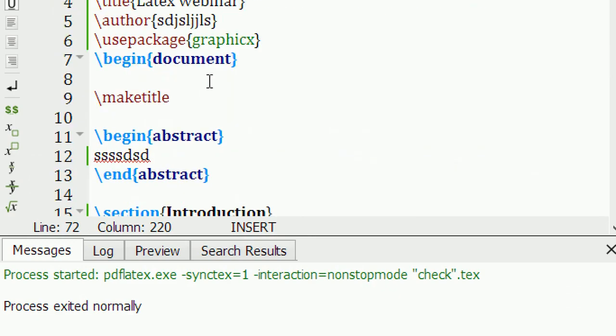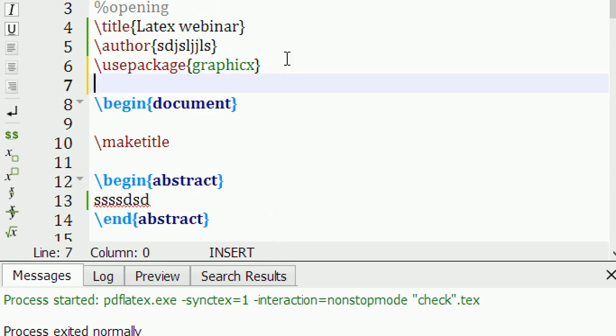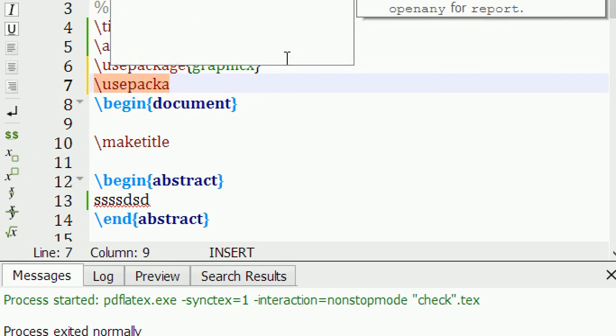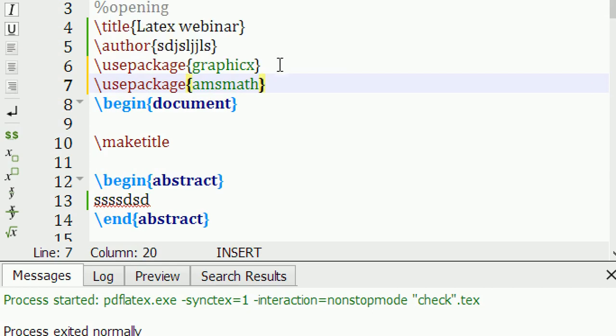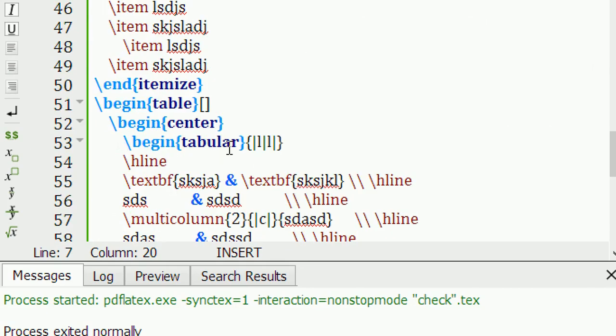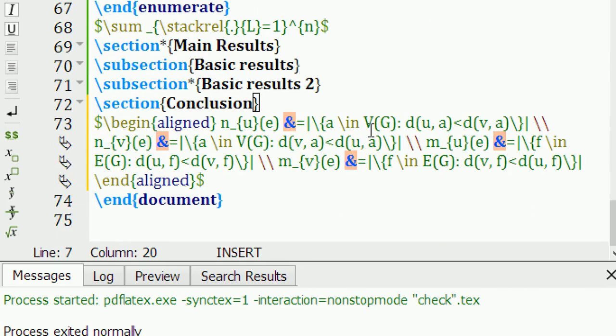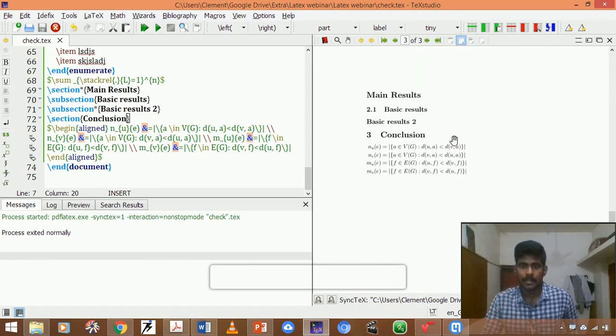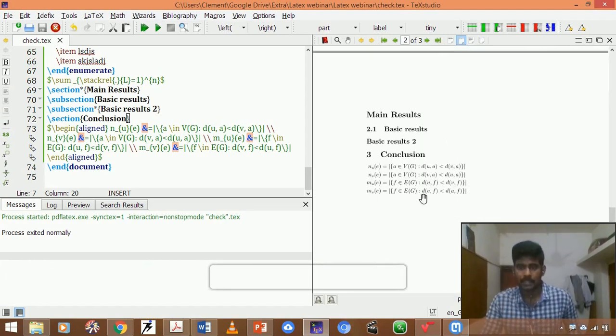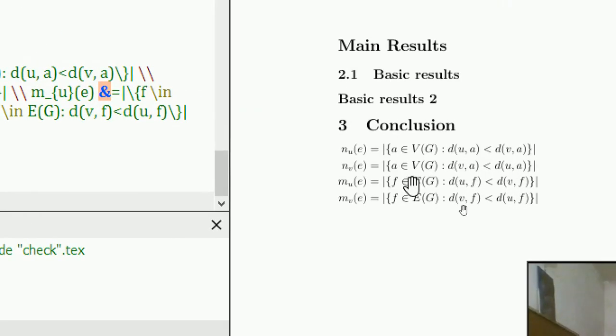So for this, it is required to use the package AMS Math to insert any mathematical mode alignments. So here I simply pasted the mathematical text that I scanned through the MathPix snipping tool. After this, if I compile it, see, beautifully it was placed in the PDF. So I hope you could see this.